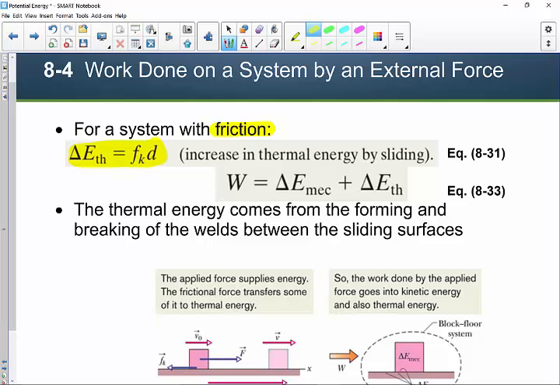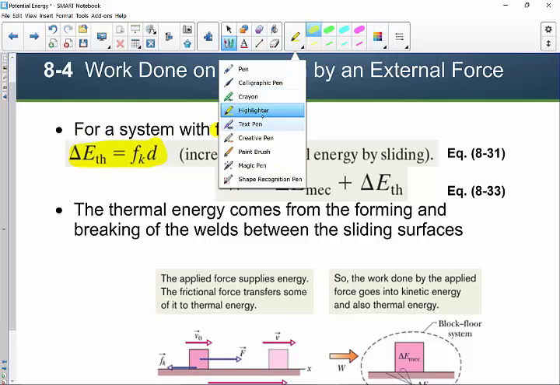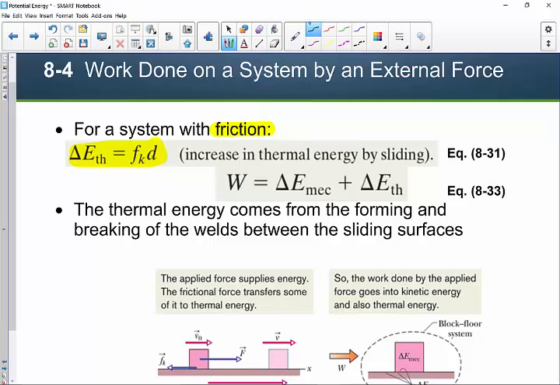So what we say is perhaps there's an increase in thermal energy. For instance, you slide a sandpaper against a piece of wood, it's going to heat up. Because of the friction, there can be heat transfer due to sliding. And so we're going to say that the change in thermal energy is due to friction. Now, when we work this out, we're going to do an example that doesn't necessarily need this formula first. But when we first work this out,